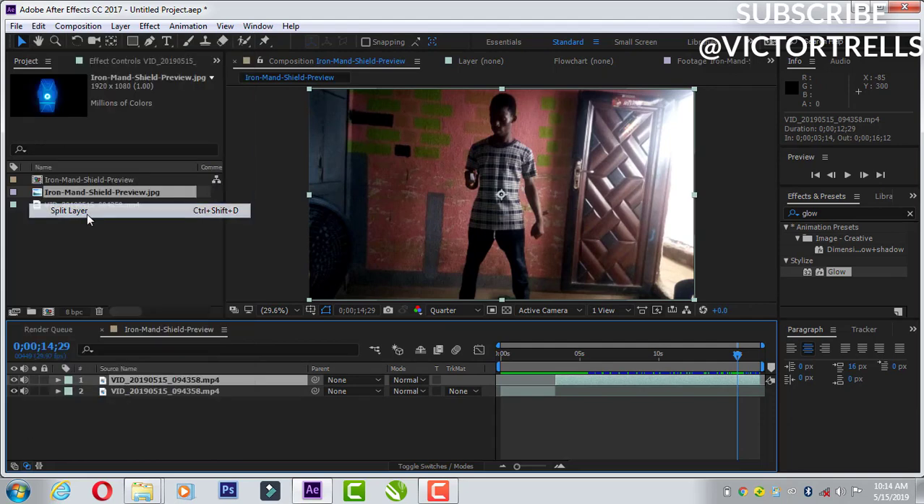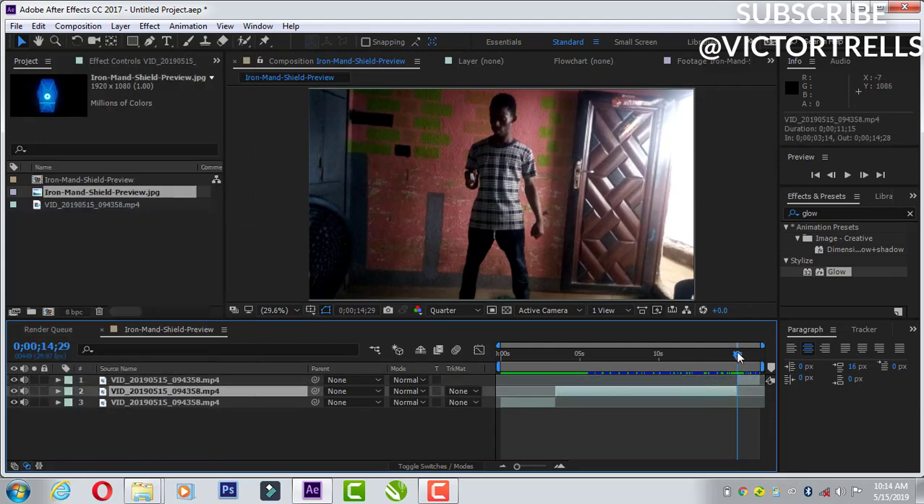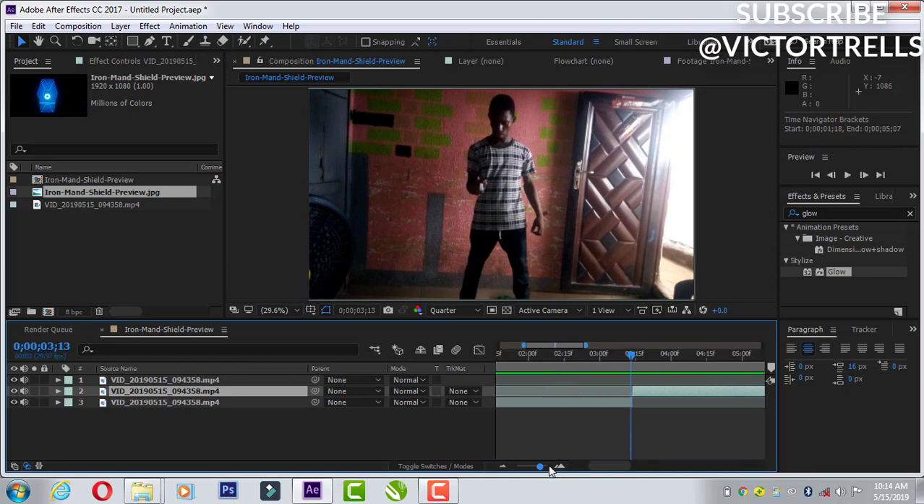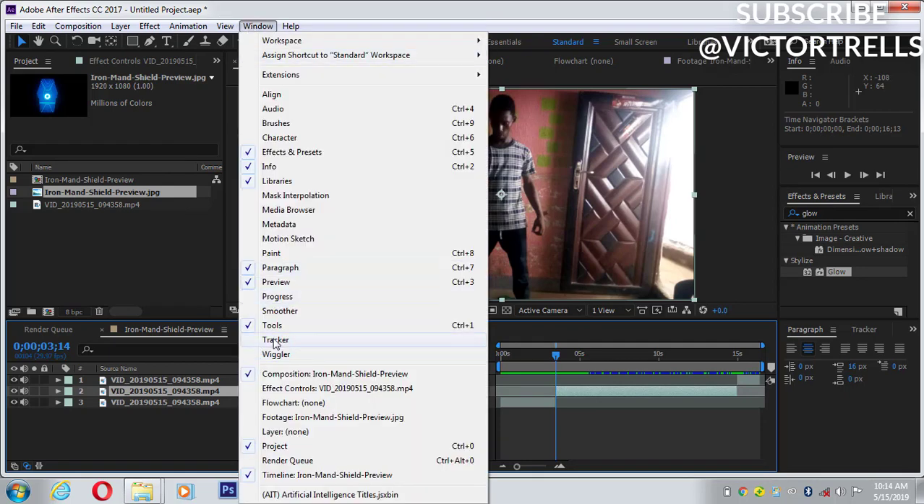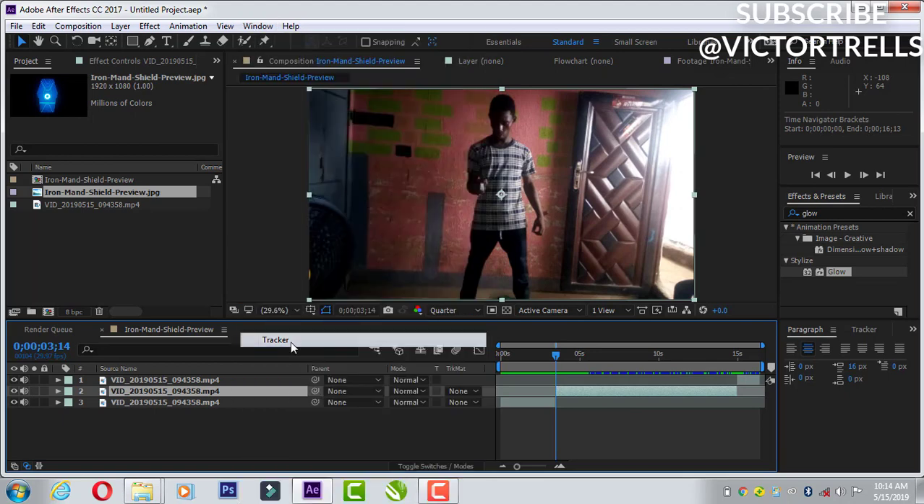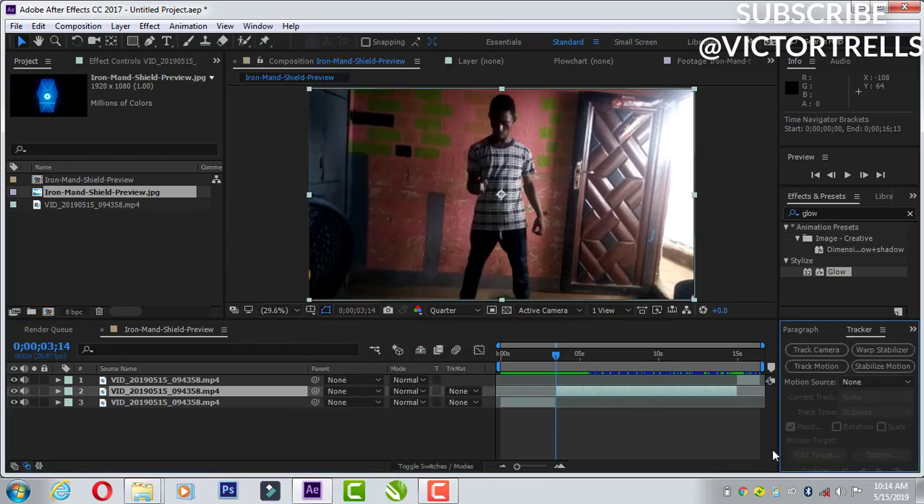Okay, now the next thing we have to do is track my hand movement. Make sure the layer you want to track is selected. Let me zoom this to make sure it starts at the exact layer. Okay, it starts from the beginning. You can also use this for zooming, like zoom in and zoom out to see your frames. Okay, now go over to Window and click on Tracker, and then go down and select Track Motion,